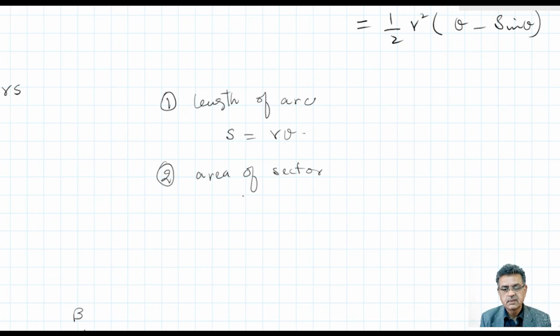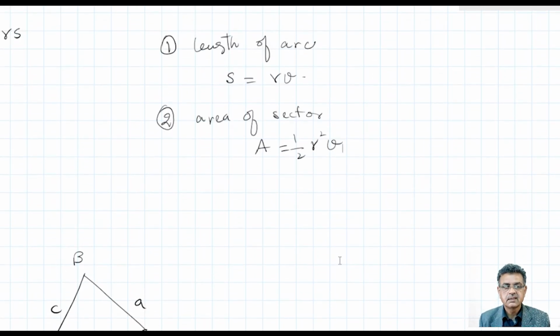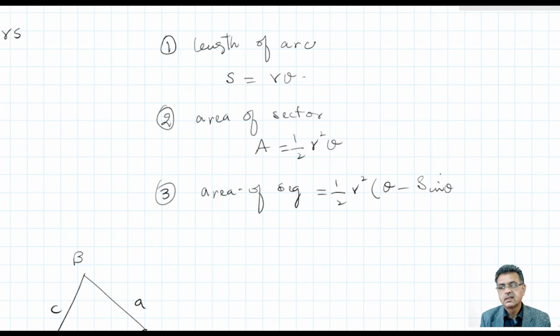We have denoted it by A. A is equal to half r square theta. And the third formula what we have derived now, area of segment. Area of segment is half r square theta minus sine theta, and in all these three formulas